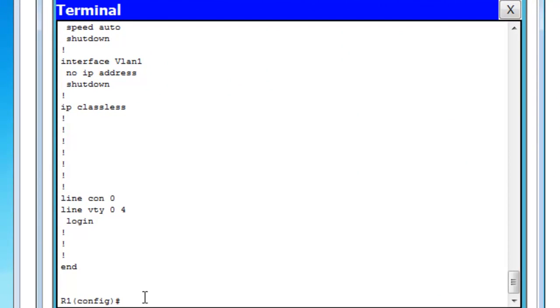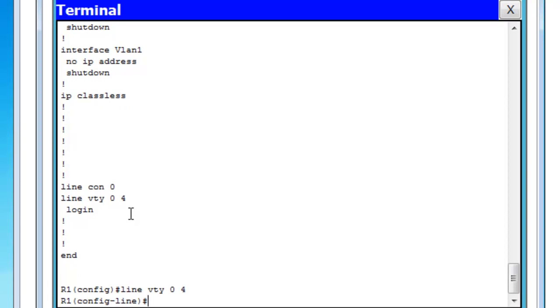What Telnet and SSH is, you see here in your VTY lines, your VTY line 0 to 4. What that means is you can have 5 concurrent Telnet logins at the same time. You always count 0, so 0, 1, 2, 3, 4, which is 5. Some routers have 15, so if you want to secure all the connections, you'd have to go line vty 0 space 15. For our case, we only have to go to 4. So we're going to go to line vty